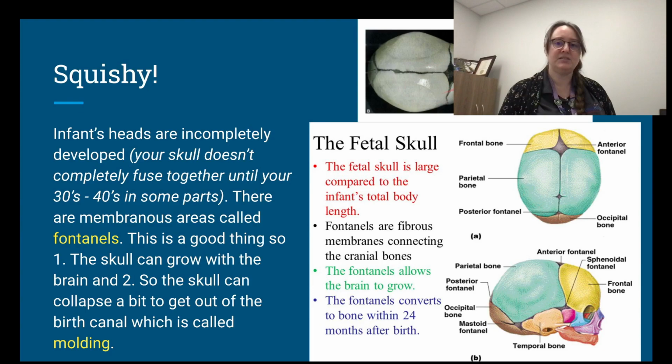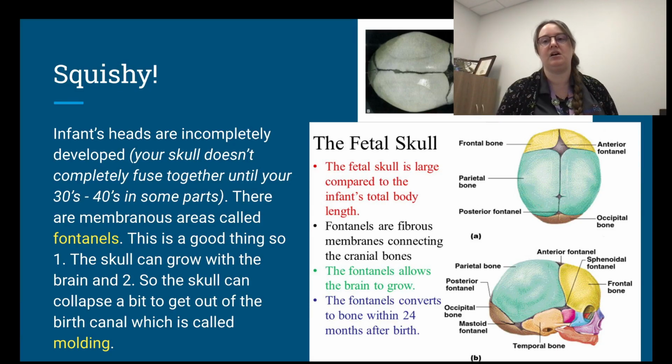Anyway, so when you're born, you have a skull that does not fuse together whatsoever. And this allows for two things. A, to get the kid out of you, and us ladies, not you guys. And B, so the skull can grow with the child, because we do not want to come out with